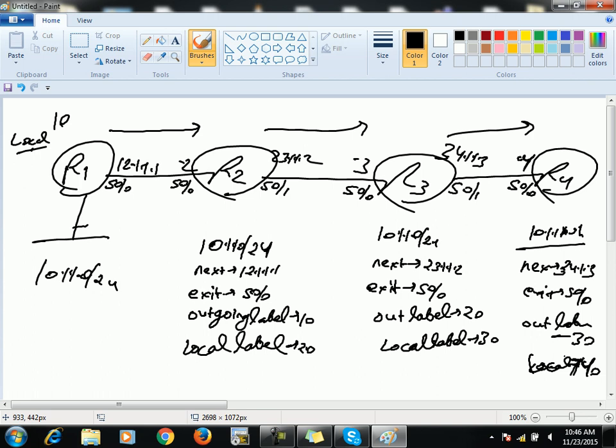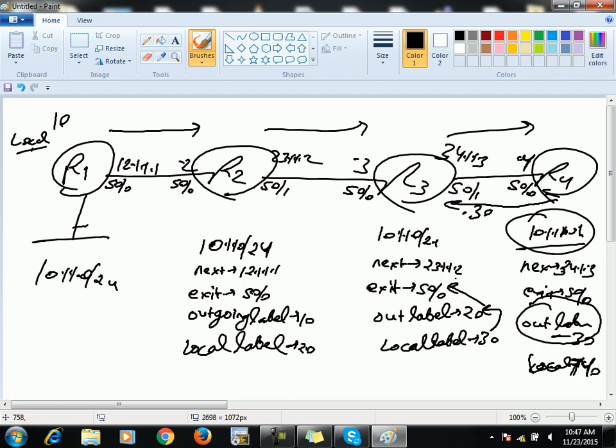You understand? So whenever any packet wants to reach 10.1.1, let's say the destination IP of a packet is 10.1.1.1, R4 will forward that packet towards R3 with the label number 30, because the outgoing label was 30. Whenever R3 receives any packet with the label number 30, it has this entry that it will be swapped with 20, and forwarded out from S0/0. So it will not need to open its IP header anymore to learn its destination IP address. It will simply open this label.